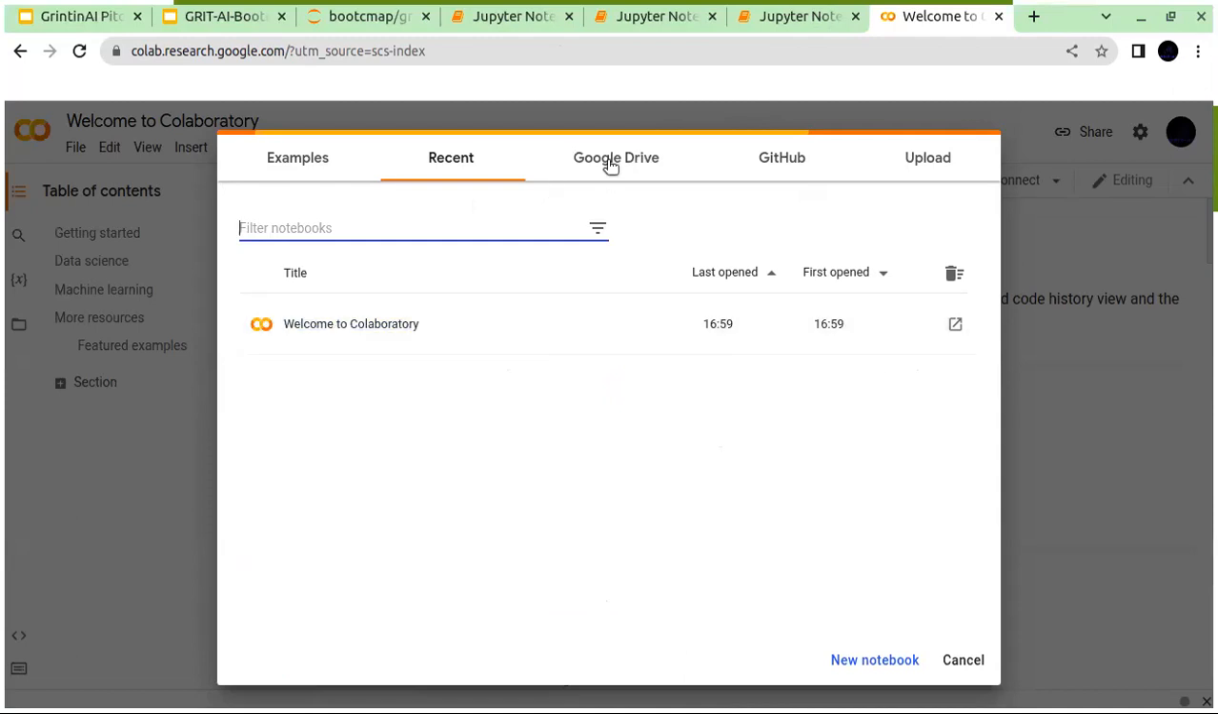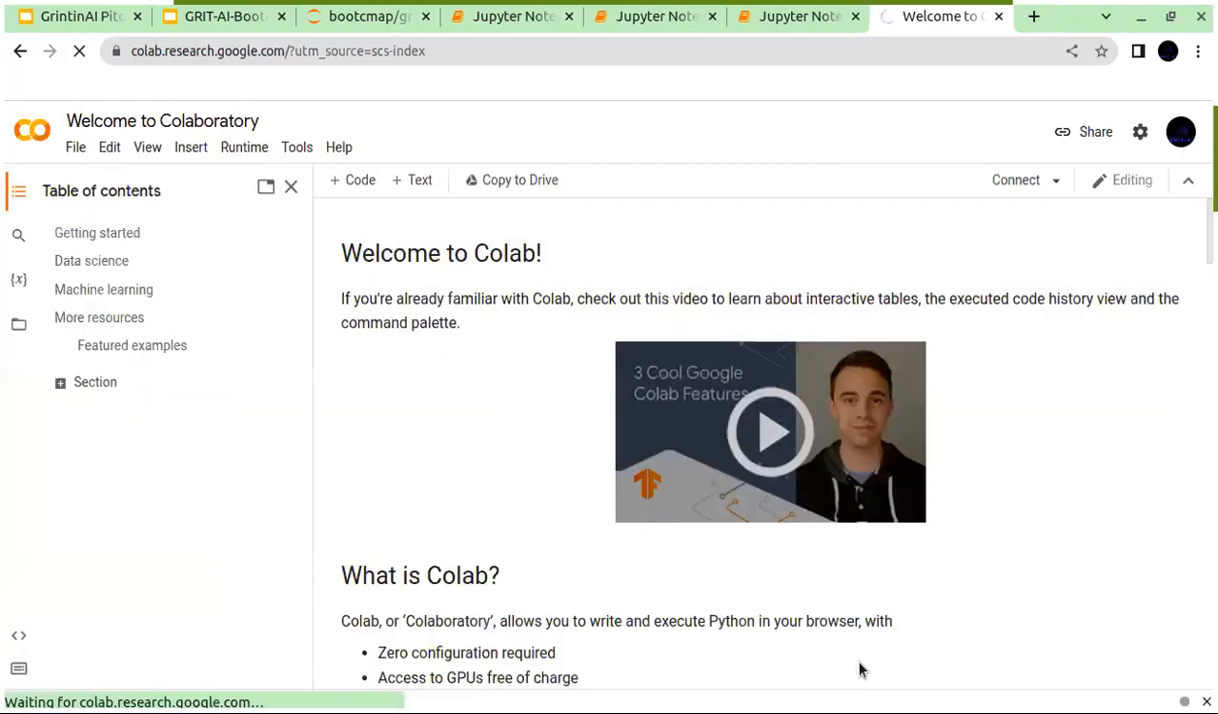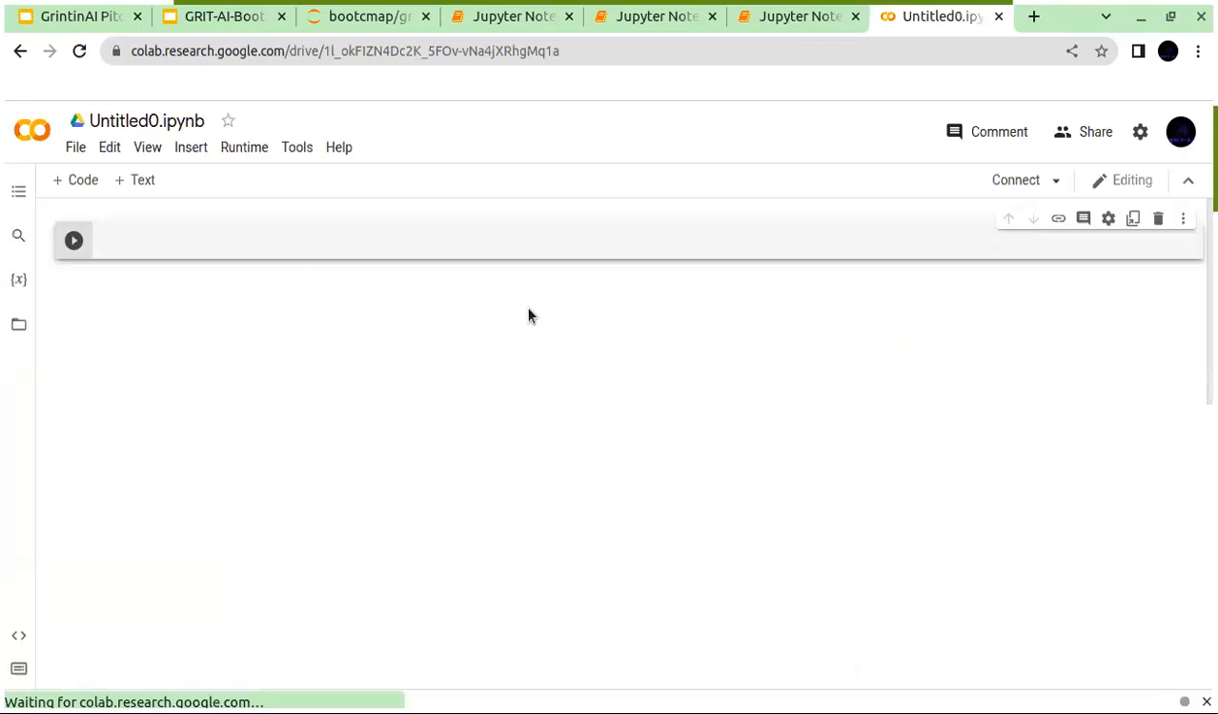Okay. So here we have Google Drive, GitHub, upload, wherever we're going to get our data from, and the rest. Down here we can see new notebook, so we can click on new notebook. The first is Welcome to Colab. So just read through Colab and how cool it is. Then new notebook is